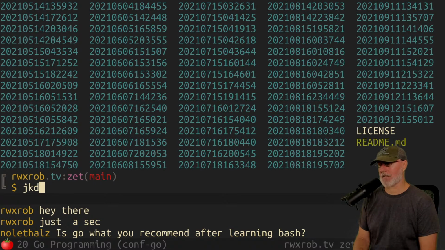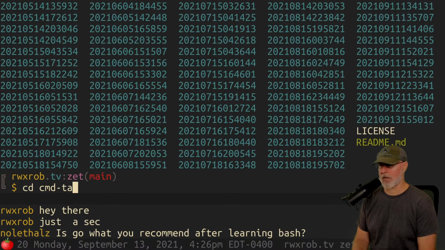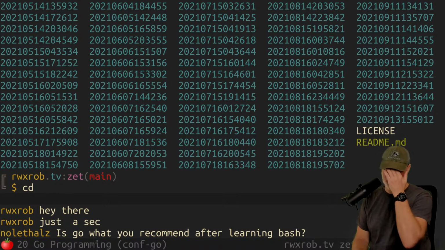So let's go for this. A couple things here. We already have a project built for this. So if you want to follow along in the project, it's called cmd-config. No, it's not. No, it's not. We need to actually make that. That's going to be interesting because we're going to need to.